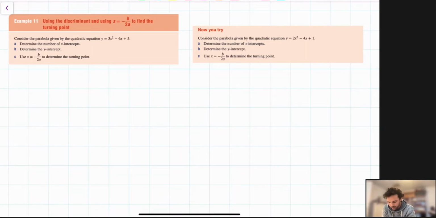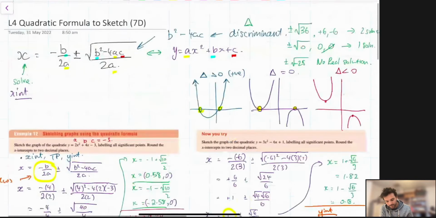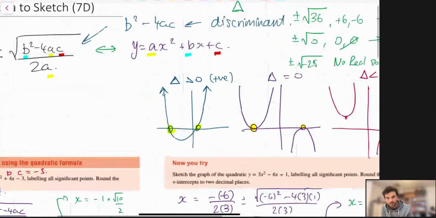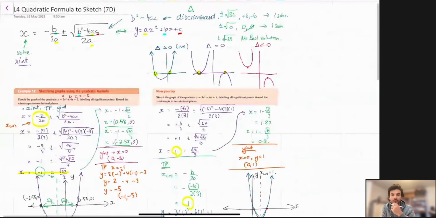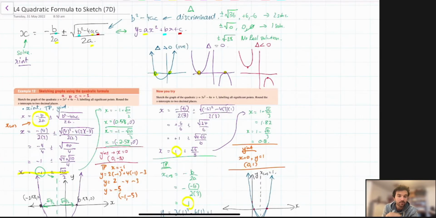Consider the parabola given by the quadratic equation y is equal to 3x squared, take 6x plus 5. Determine the number of x-intercepts. Now, whenever you're asked the number of x-intercepts, straight away you're thinking discriminant. The discriminant comes from the b squared minus 4ac part of our quadratic rule. We denote it with a triangle, and there's three possible